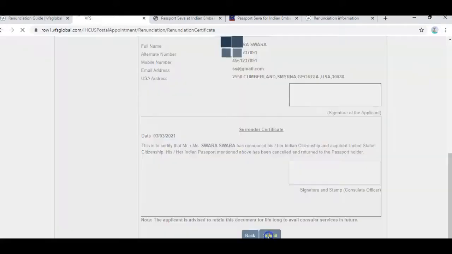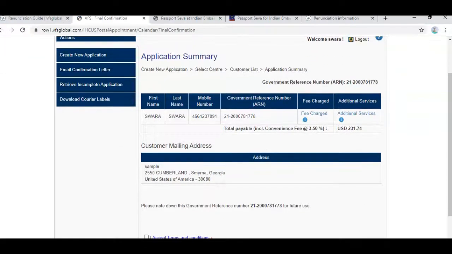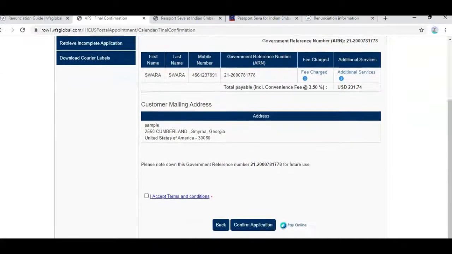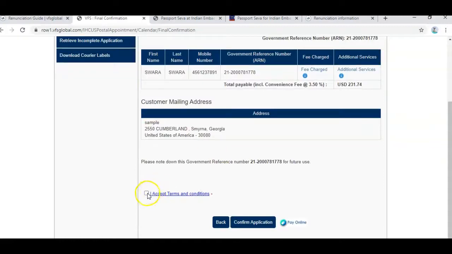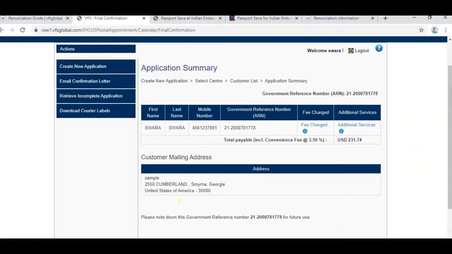Submit. Here we see the mailing address is added. Accept terms and conditions and confirm application. It will take you to the payment gateway where you can do the payment.